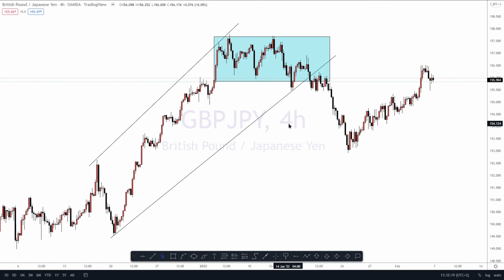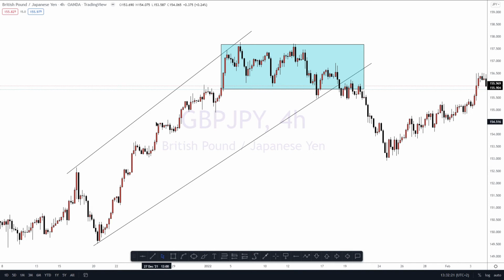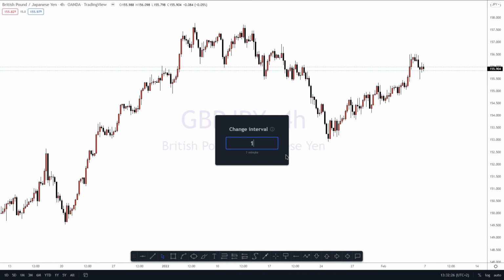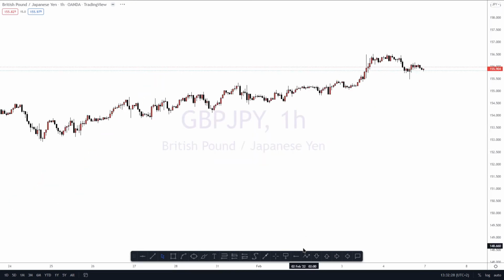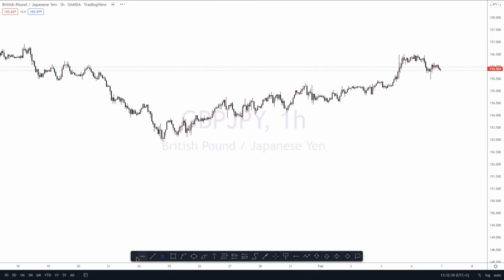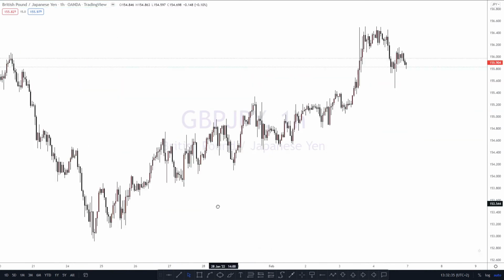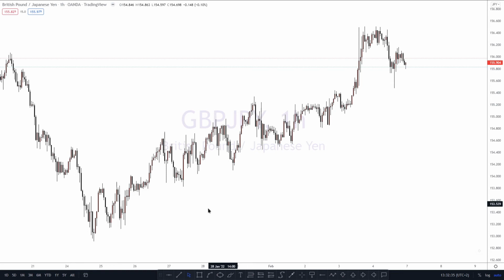And now the question is, what is happening? What are we anticipating? What are we looking for? For this one, I'm not going to even focus on 4 hours. I'm going to focus on 1 hour and what has happened on 1 hour. So in 1 hour, last week, we were in an upward movement because we broke above this, we went to the upside. So now this week, what are we looking for?